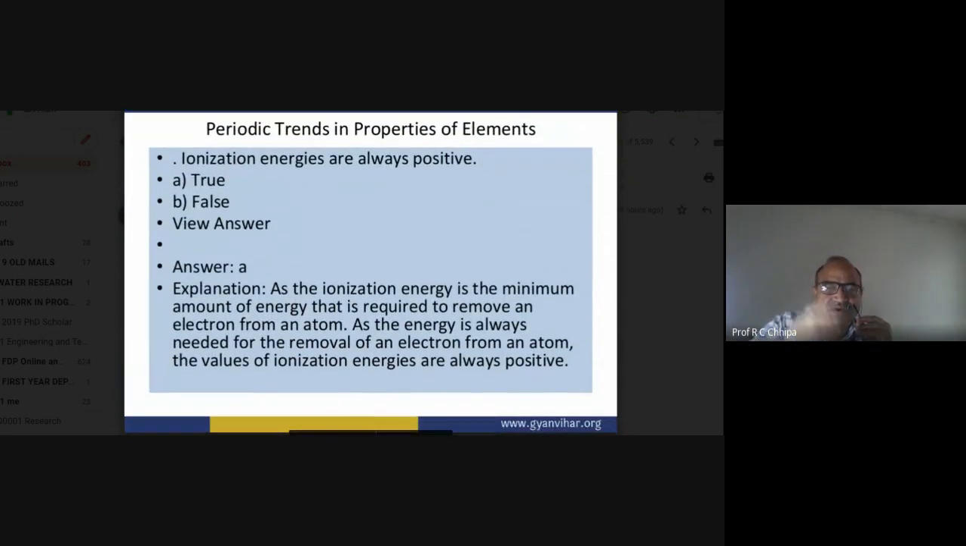Now, whatever we have already discussed about the ionization energy, we can say that the particular ionization energy itself can be correlated, and we get the answer that the ionization energies are always positive. So now we can say